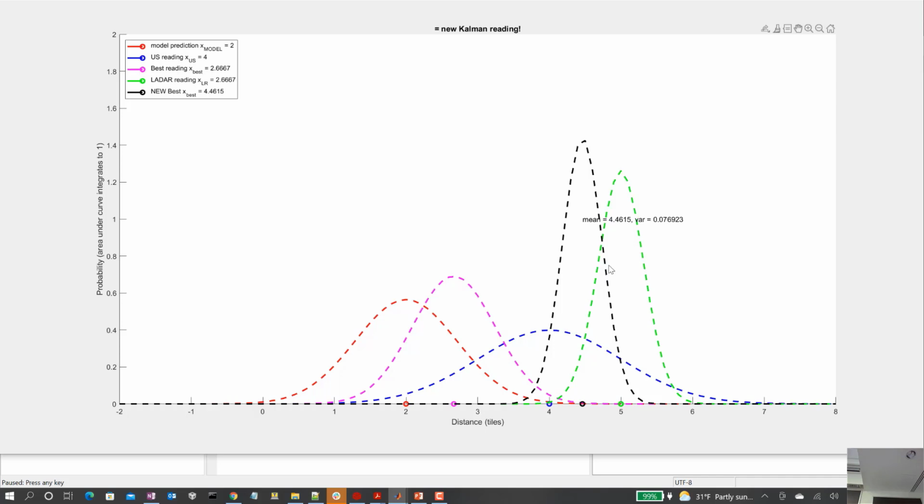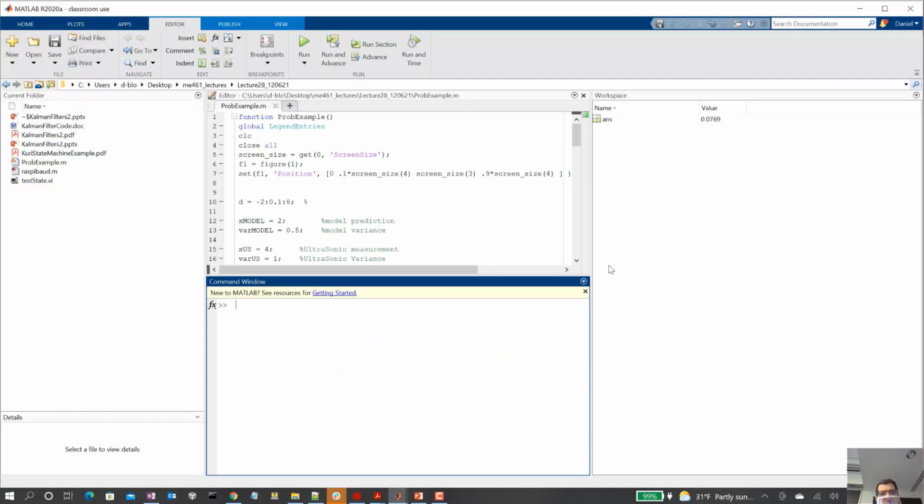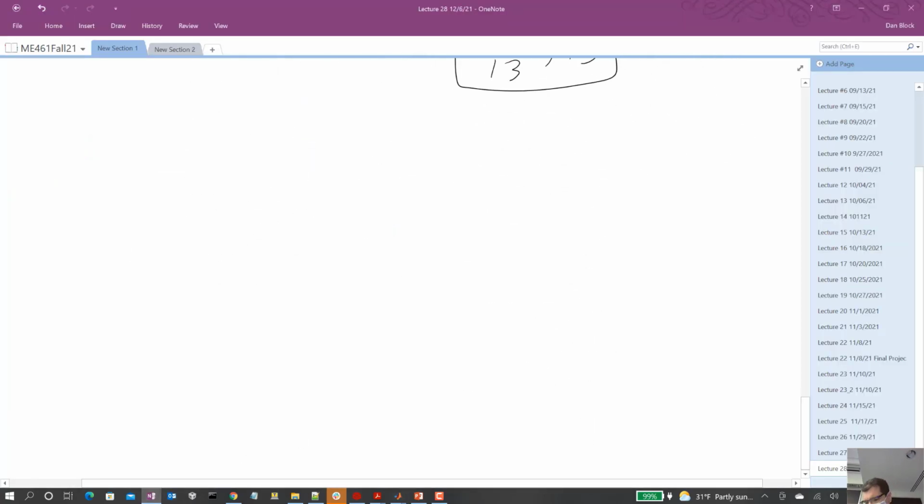So, this being a way to fuse the data, can we make this look like the Kalman equations? This is where it gets a little messy, and we'll talk about this next lecture also. But what do we have? We can write this all out. What is our equation? Well, I've got it in front of me here so I don't make a mistake, hopefully. We have this thing we're calling X best,